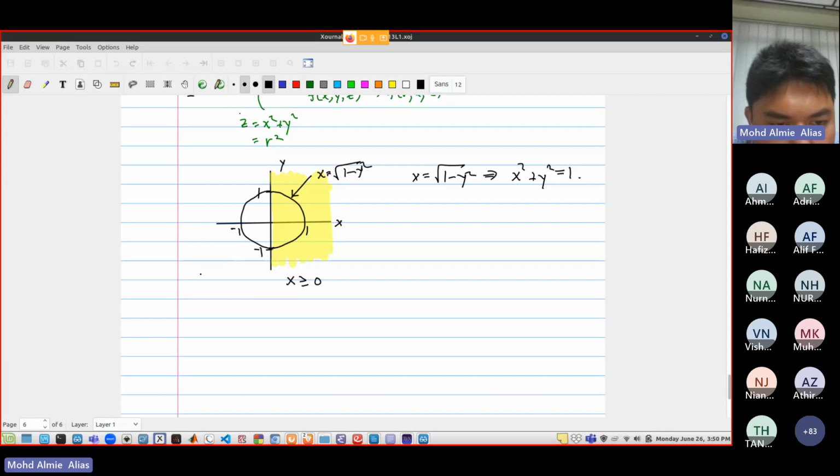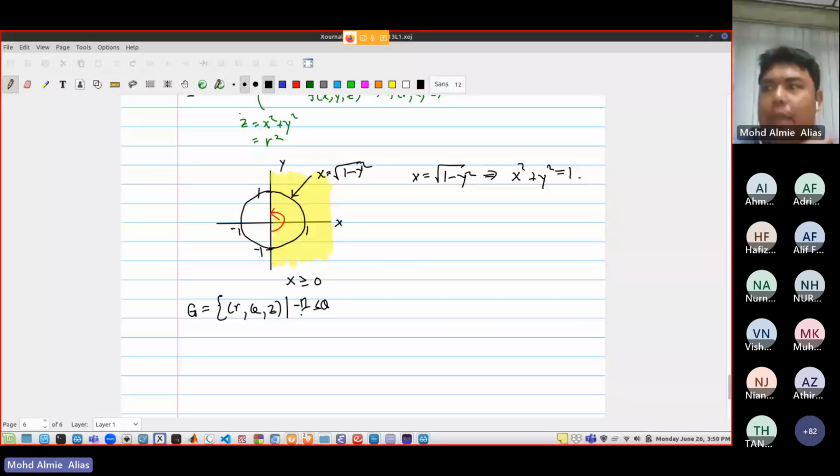So here, we have G in terms of r, theta, and z. We can start from theta. Theta starts from here until here, which means theta is from minus pi over 2 until pi over 2. Because it starts from the negative y-axis, which means from here until here. So as we move from theta equals minus pi over 2 until pi over 2, we have